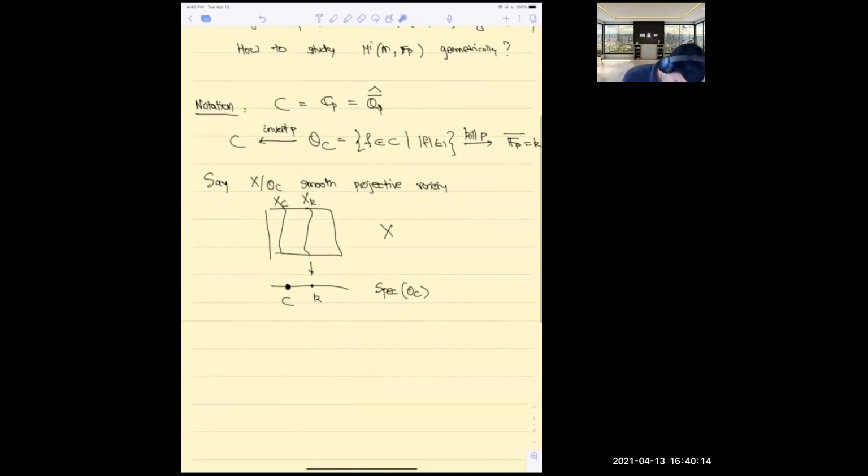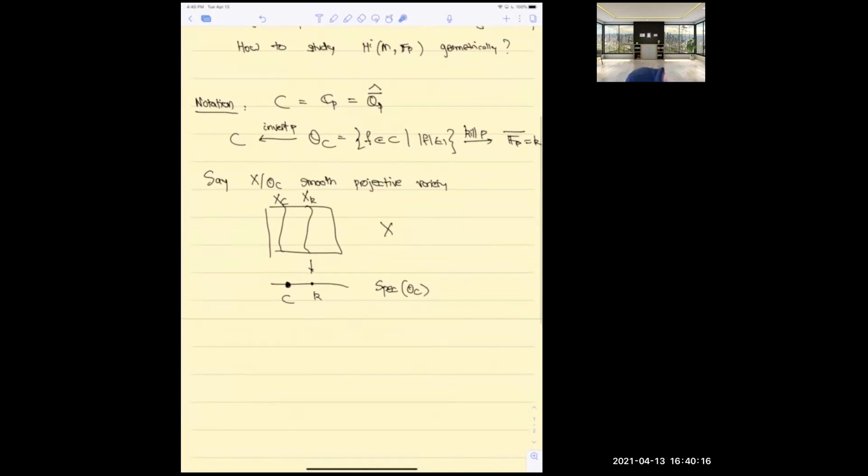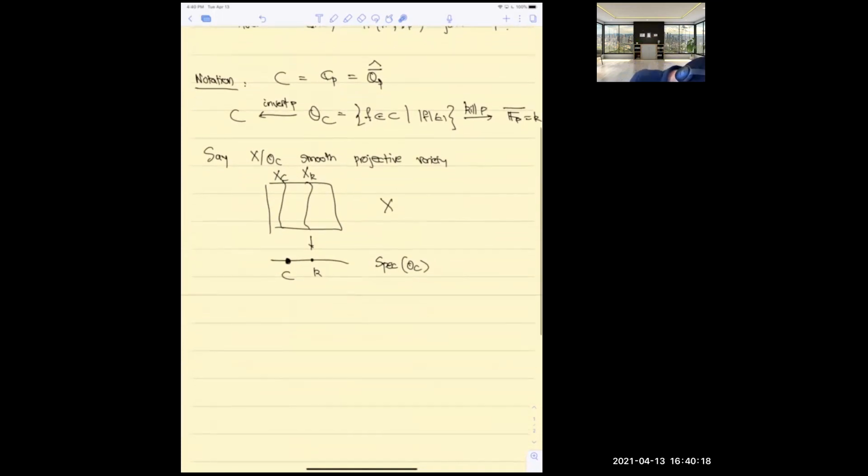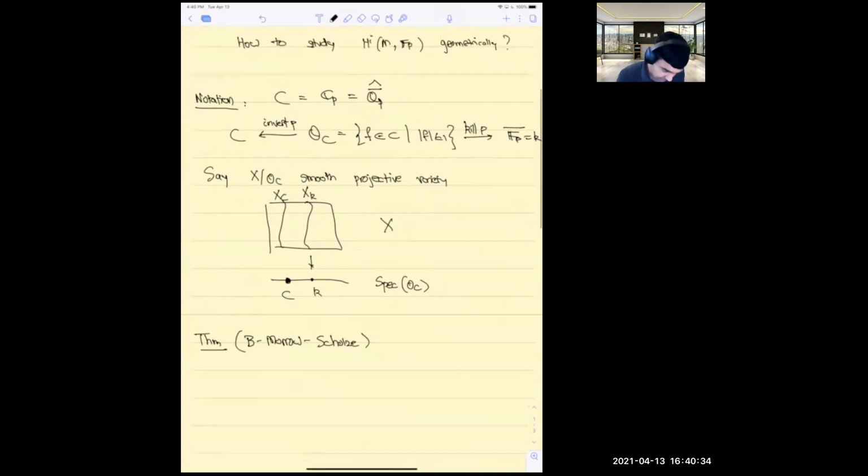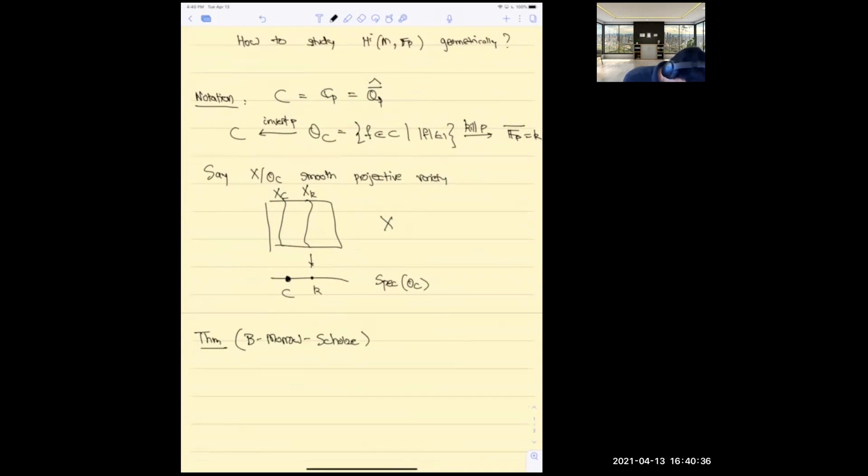Okay, and so without further ado, I think I can just state the theorem, and then we'll talk more about it. So here's the theorem. This was joint work with Mauro and Scholze. In words, what it says is the following. I'll write down a precise statement, but there's one way to think about it. It says that F_p cohomology